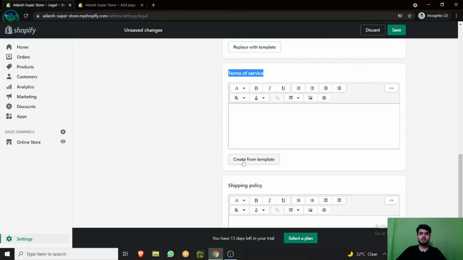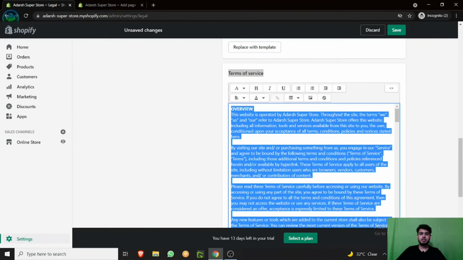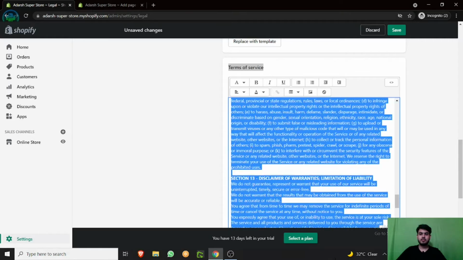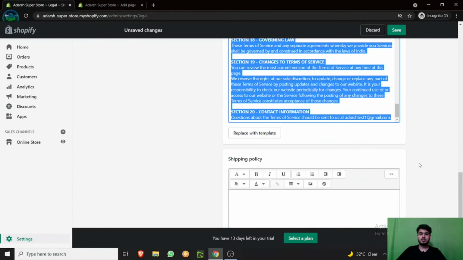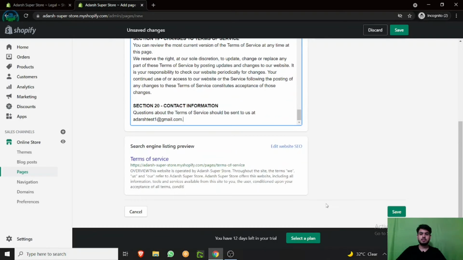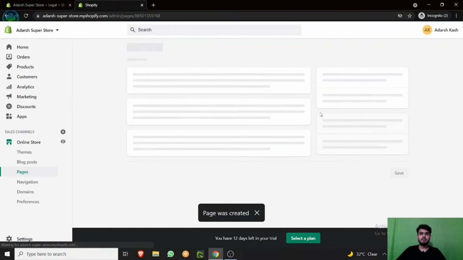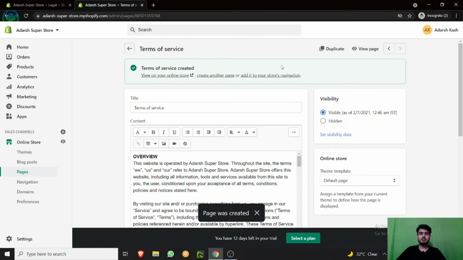Terms of service, then create from template, then copy this entire section, then paste it over here. See, your terms of service page will appear like this on Google or any other search engine. Then save, and just like that, we have created our pages.